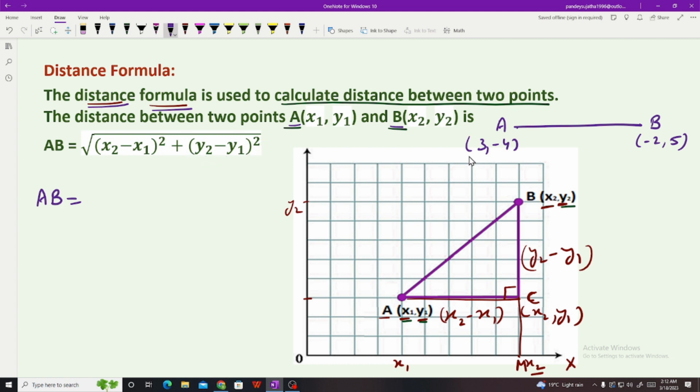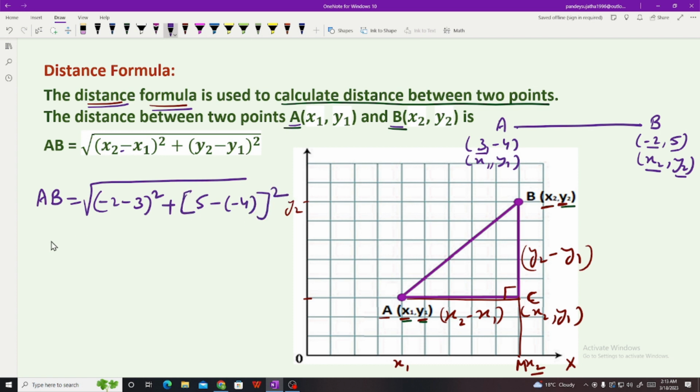Mark this point A as (x1, y1) and this point B as (x2, y2). So use the formula here: root of (x2 minus x1), that is (minus 2 minus 3), whole square, plus (y2 minus y1), that is (5 minus minus 4),